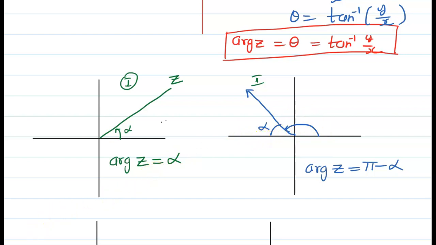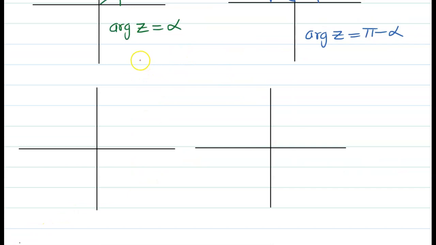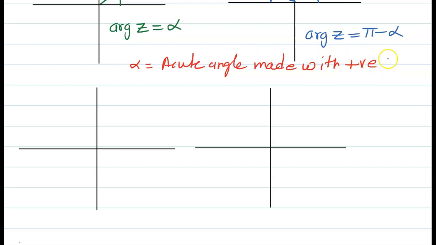Okay, now let's see another example. What about alpha here? Alpha is the acute angle made with the positive x-axis. Suppose the angle is in the third quadrant. The angle made with the x-axis is like this, alpha. Measured anti-clockwise, in this case, because it is in the negative direction,